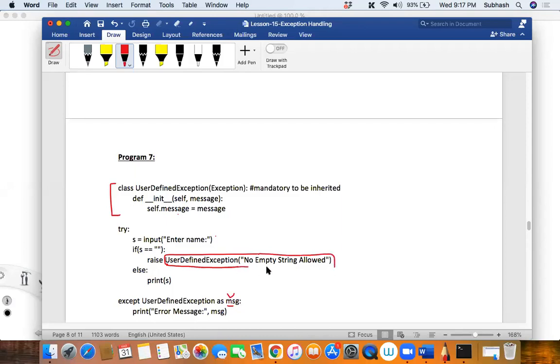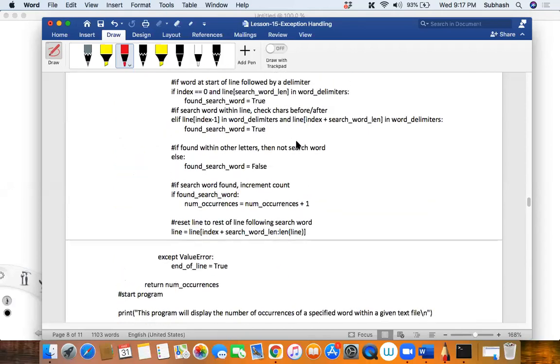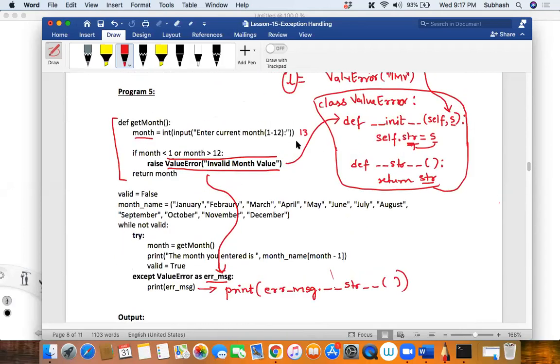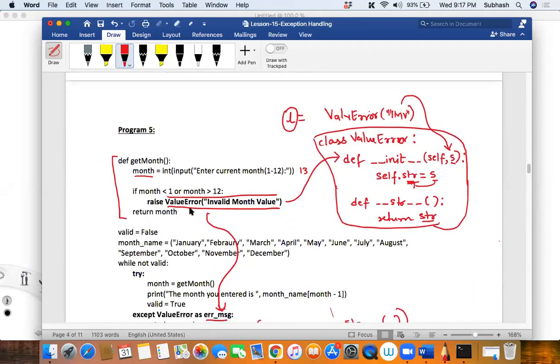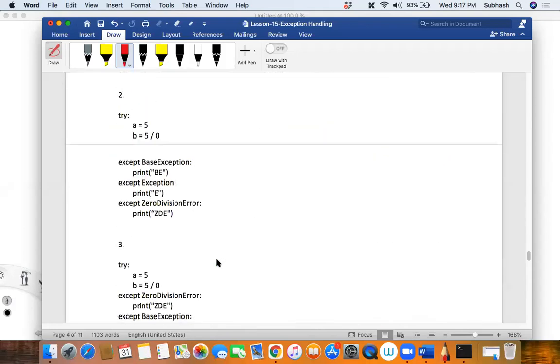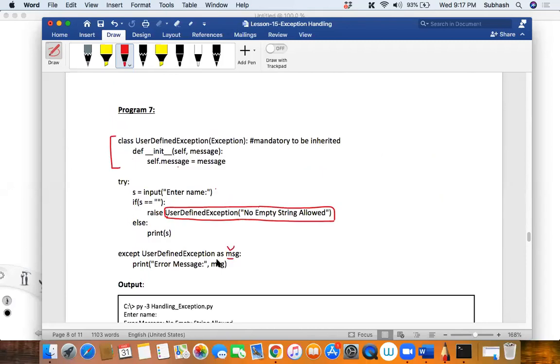Like how you did it. So I'm creating an object. In the previous case, you created a value error object, if you remember. Did you create an object or not? Similarly here, but that value error belonged to Python people. It was predefined. But now, what am I doing here? This is my own exception, and I am passing a string to it.